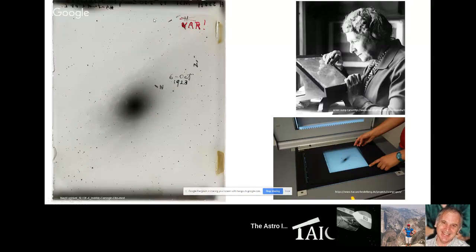This is a plate. It's a very famous plate. It's the plate that made Hubble famous eventually. He found on the 6th of October, 1923, a variable star right there. And since they knew how to measure distances somewhat based on variable stars, and how they could measure brightness of the variable star based on the period of its variations, he could figure out that this galaxy, though he didn't know it was a galaxy, it was just a big nebula at the time, was separate